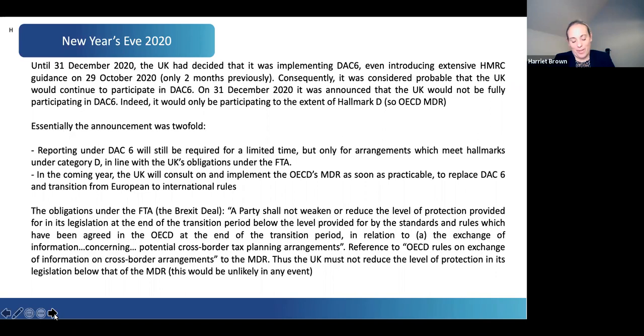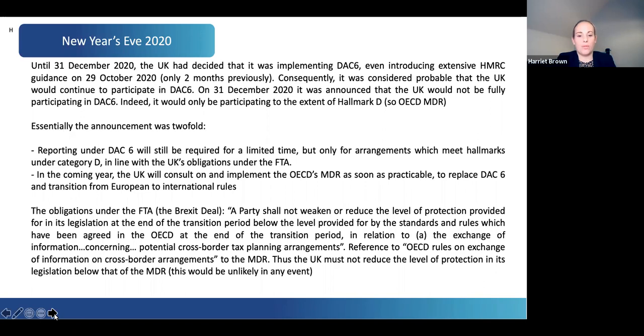So what happened was this, as most people, if not everybody, will be aware: on Christmas Eve, the UK finally managed to get an agreement for the terms on which it would leave the EU on the 31st of December. And buried in there, in the information on that, was a little clause which said, a party shall not weaken or reduce the level of protection provided for in its legislation at the end of the transition period